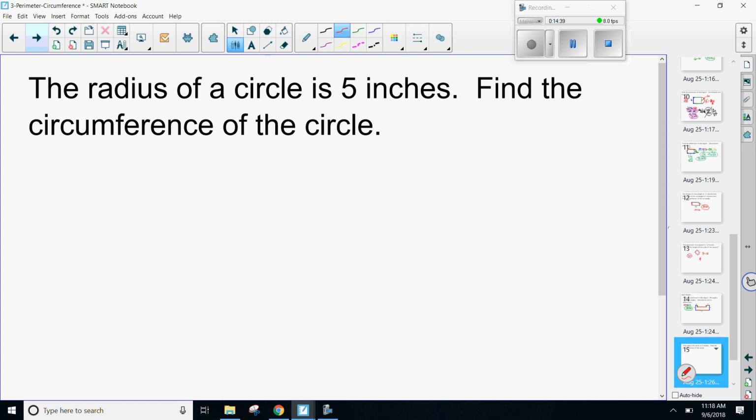Next problem. 30 seconds with a partner. What is the formula for circumference of a circle? Be careful because you were just doing semicircles, but now I want the circumference of a full circle. And what is the formula for circumference of a circle? 2 pi r. 2 times pi